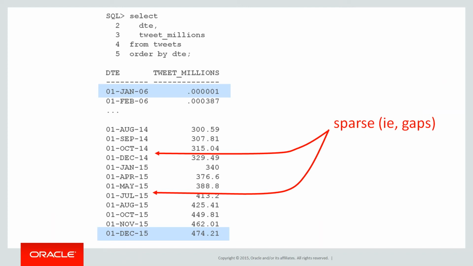We can't use the rows between option here in our window because if you see there's some sparse data. So if I simply say I want to look one row backwards from December, I don't get November, I get October, and that would break my 6-month moving average rule. I only want to look back 6 months, not 6 rows, for example. So rows isn't going to cut it, we have to use range.